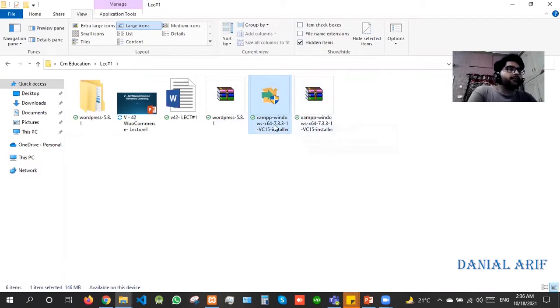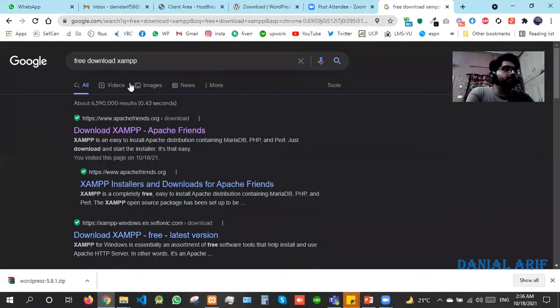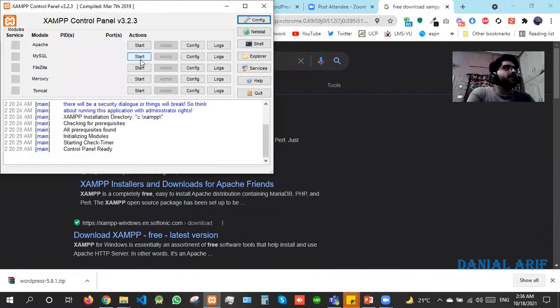Okay, so if you have a 64-bit version of Windows, then you can download it from Canvas. Otherwise, you're going to have to download it from Google. In the next step, when you download and install the XAMPP server, there will be an interface like this, where you